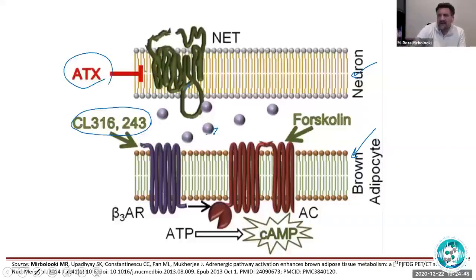But we also briefly talked about how these beta-3 receptors work: it is a G-coupled protein, and it activates an enzyme, adenylyl cyclase, which converts ATP to cyclic AMP, a secondary messenger, and runs the whole cascade of pathways down to